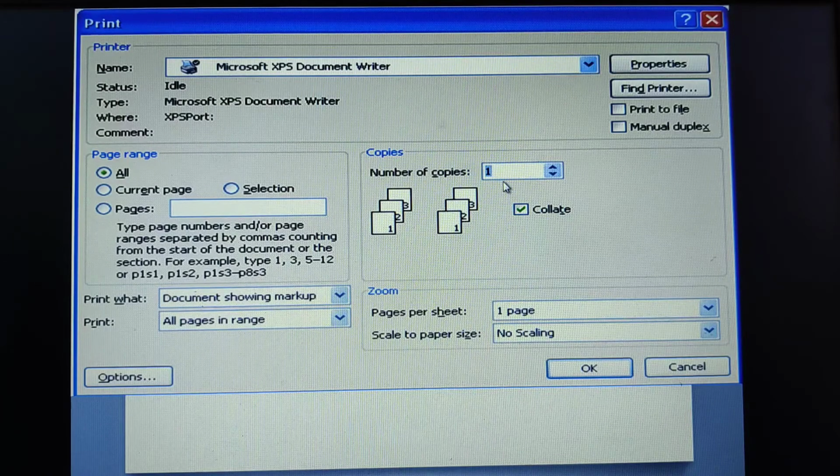Then the number of copies. You can have more than one, any number of copies you can print. Then after that, pages per sheet. One page per sheet is the normal case in a document. Suppose you want to print side by side on a small scale, 2 pages in a document, then you can choose 2 pages per sheet. In the sense that on 1 sheet you will be getting 2 pages. Then click on OK. So that will help you to print that particular document.